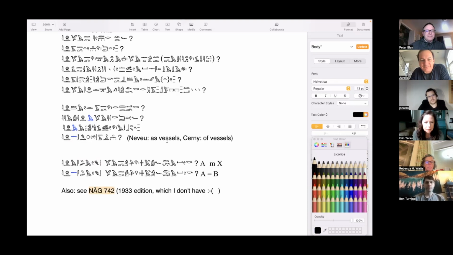So I try to find what people say. Neveu says this construction is super common, and he thinks it's an M. Cherney thinks the exact opposite. Yes, it's common, he thinks it's an N. And Ellie, who takes it as a genitive, just like Cherney, he says you can see it in Ehrmann's Neuägyptische Grammatik. But it's the 1933 edition, which I don't have. I have the 1880, which has only like half as many pages. So I have no idea what it says in 742.